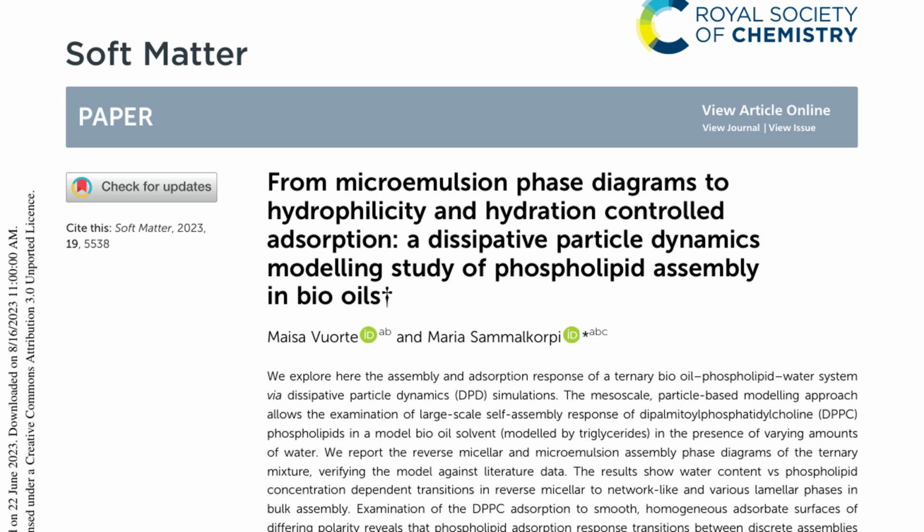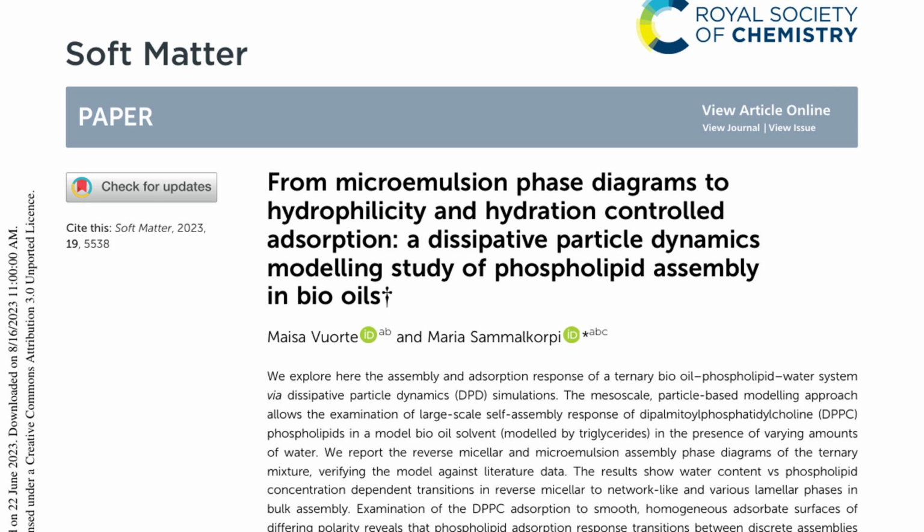Title: From Microemulsion Phase Diagrams to Hydrophilicity and Hydration-Controlled Adsorption. A Dissipative Particle Dynamics Modeling Study of Phospholipid Assembly in Bio-Oils. The introduction of this scientific paper provides an overview of the study's focus on the assembly and adsorption response of